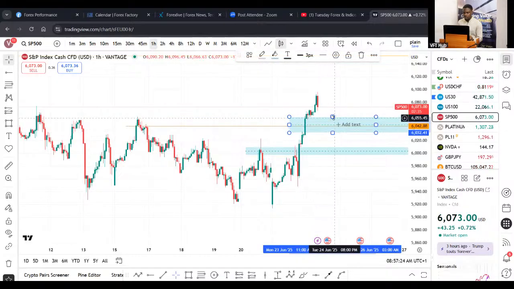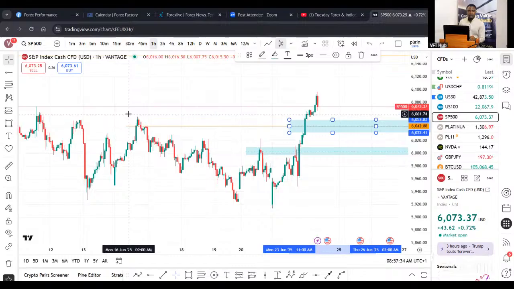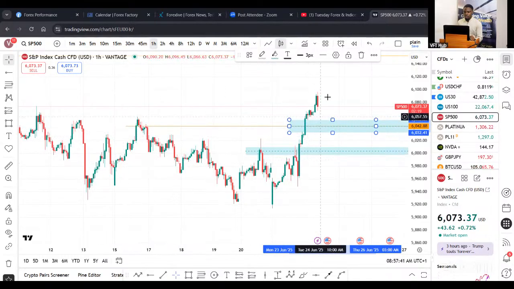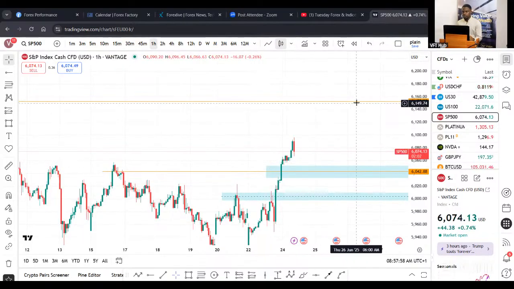Price coming back to test this fair value gap, which on the left-hand side is serving like normal support and resistance. But this is a touch of liquidity and some ICT concept. So a break and then a retest, and this also will serve as inducement, which price can take out to continue the movement to the upside. So that's like my first point of entry or area of interest. And then the overall take profits, it's here for this position.